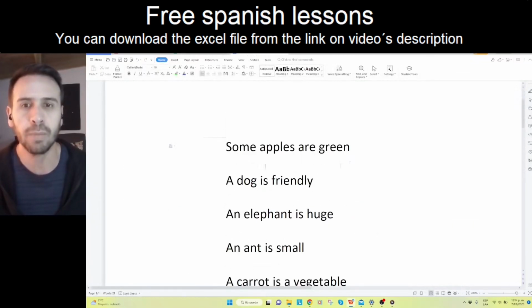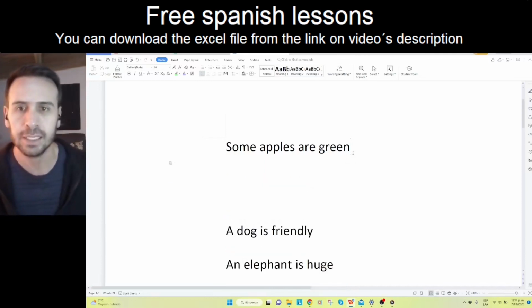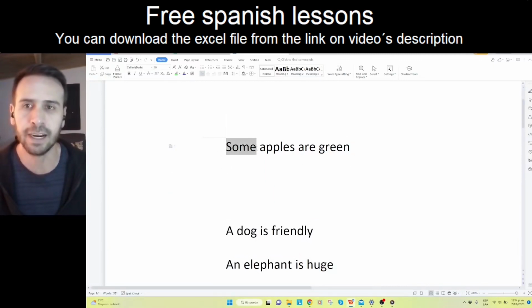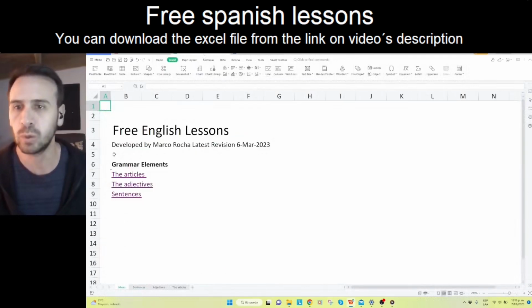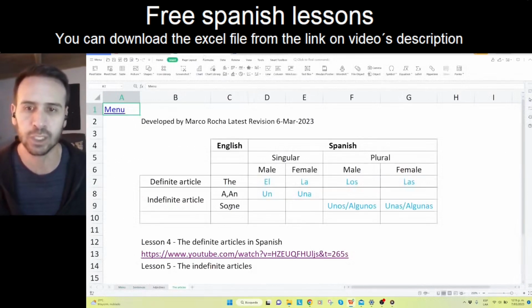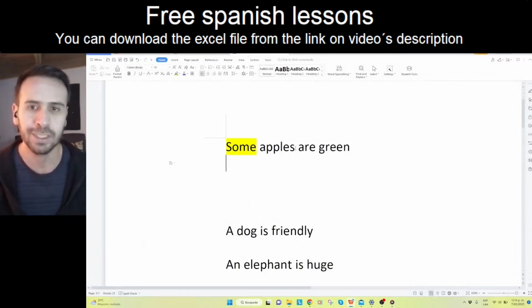We have: some apples are green. Okay, to tackle this sentence, we should take a look at the elements. We have the article, which is the indefinite article some. So if we go back here and go to articles, we will find that some can be used with male or female for plural. So apples, since in English, apple does not have a gender because it's neutral,